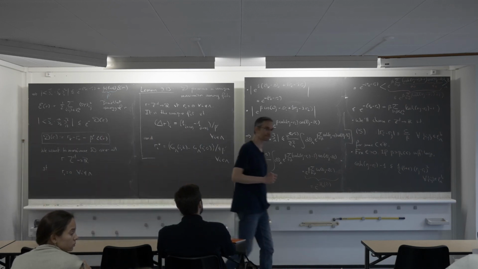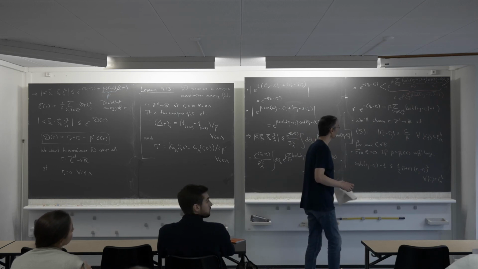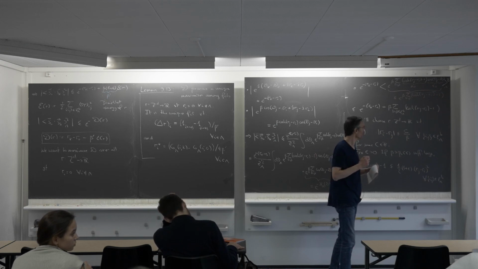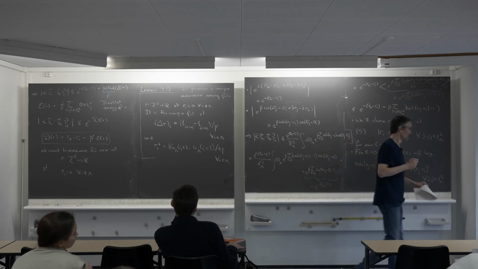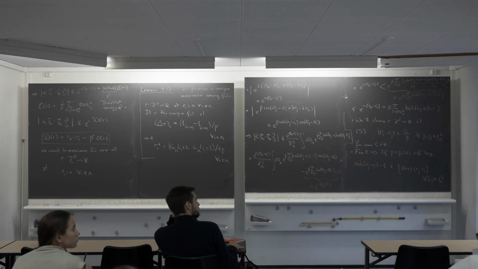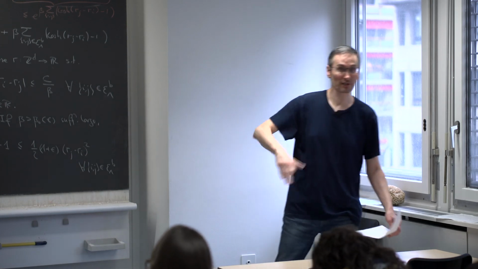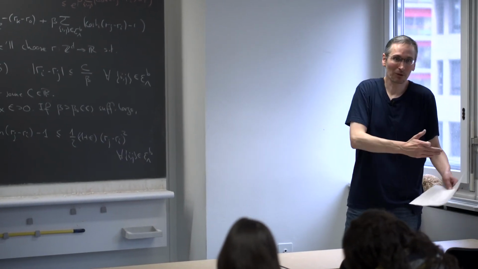We said that we were going to choose beta large enough, so yes, something like this. But is it possible not to choose beta large enough and just to try to really work with the hyperbolic cosine? In principle, I don't see any reason why you cannot do that. But in any case, this bound is an upper bound. It will be true for all beta. But for small values of beta, it's very bad. At high temperature, the decay of the two-point function, S_0 S_k, is actually exponentially fast in k. So you don't really care about extending this upper bound to all betas since it's not relevant for small betas.